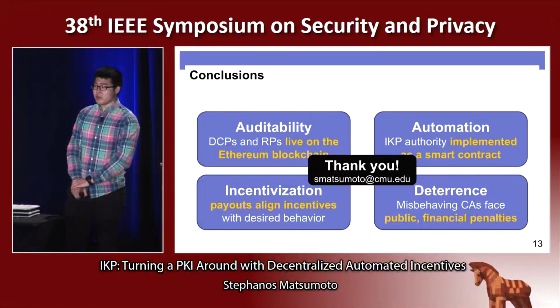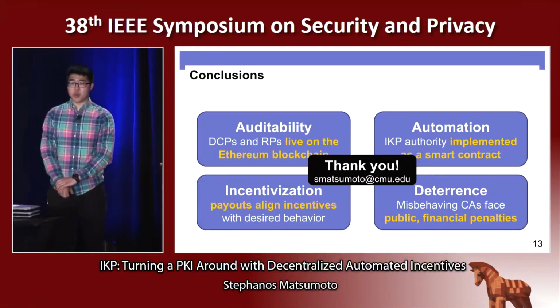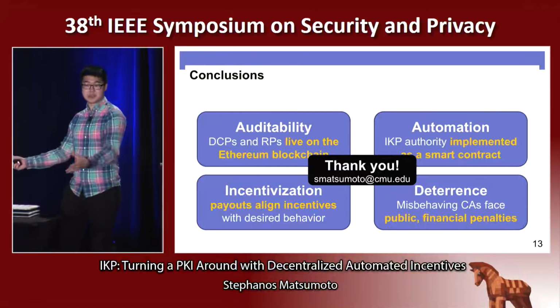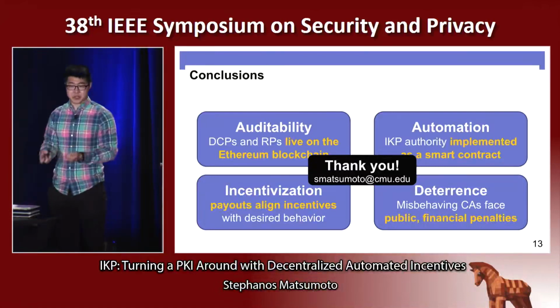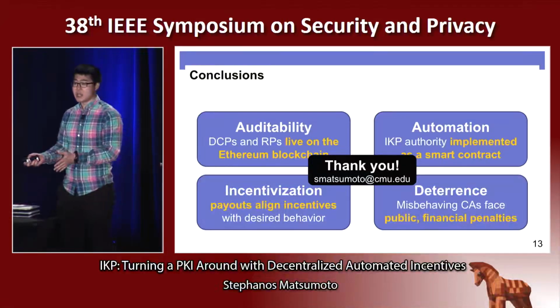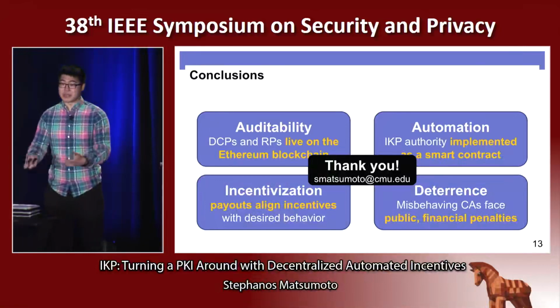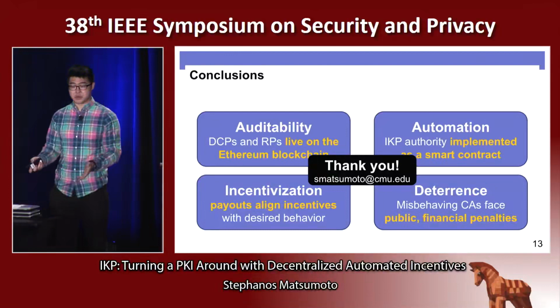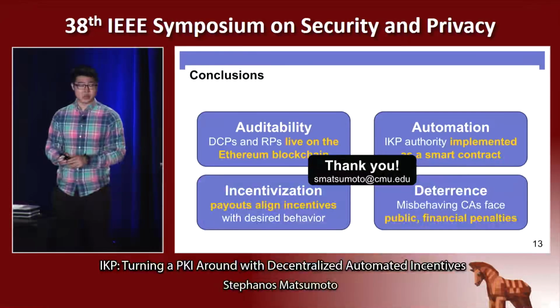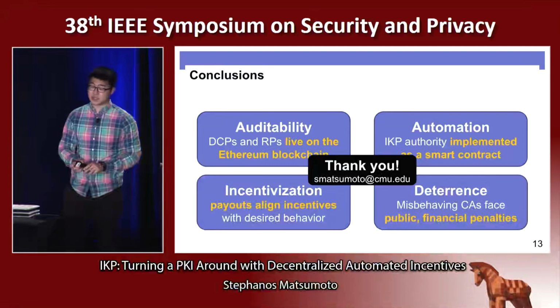I would guess that for the vast majority of large domains, their policies wouldn't be just one person writing what their certificate policy should look like. And there's bound to be, especially in large companies, a lot of legal hurdles to get over just to have this policy in place. Now, ultimately, the best we can do in terms of determining whether a certificate is authorized or not is what the domain says it is. There may be other legal issues. We don't cover that in the paper, except to say that the legal framework can be a sort of fallback for if IKP fails, for example, by a domain not specifying its policy properly.